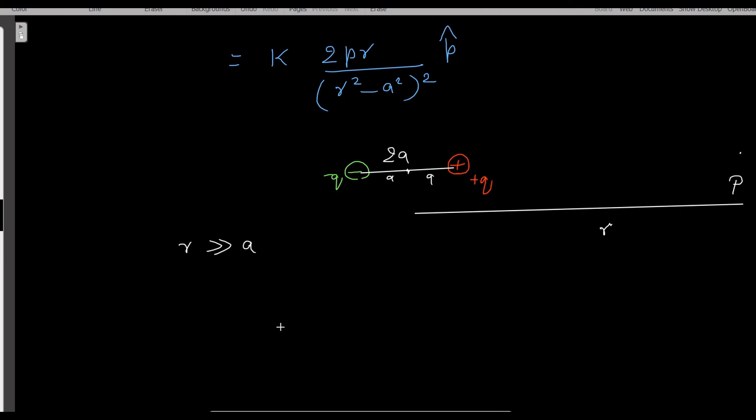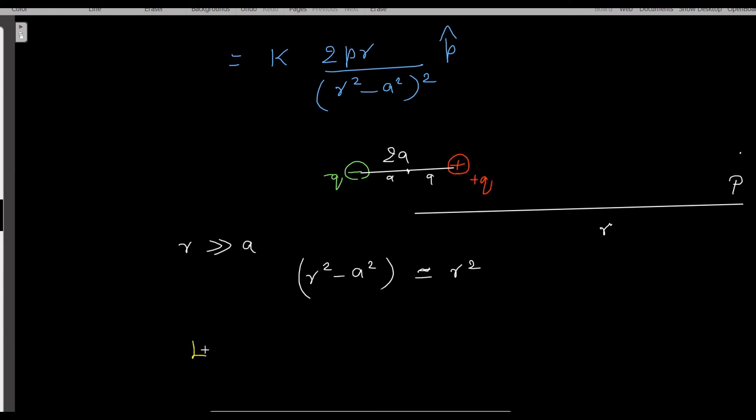In this situation, we can consider R square minus a square to be approximately equal to R square itself. It is not exactly equal, a slight variation may be there. Just imagine R is in meters, a is in millimeters or micrometers. In such a case, R is extremely large and a can be neglected. So R square minus a square is approximately equal to R square. So if we substitute this in the equation, we can get